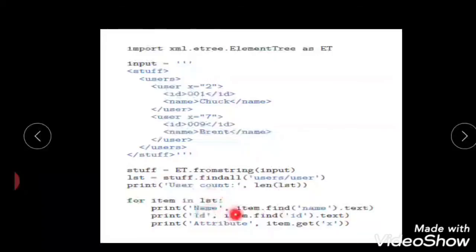So first I will be getting the name as chunk, right? So id is 2 IDs. I will be getting 2 IDs, 001 and 002, and for attribute I will be getting two things, 2 and 7. So this is the output result for this program, right? And the next thing is, one thing you can try with this program is you can try to do the same thing. You can try to pass even the second username separately, first username separately.